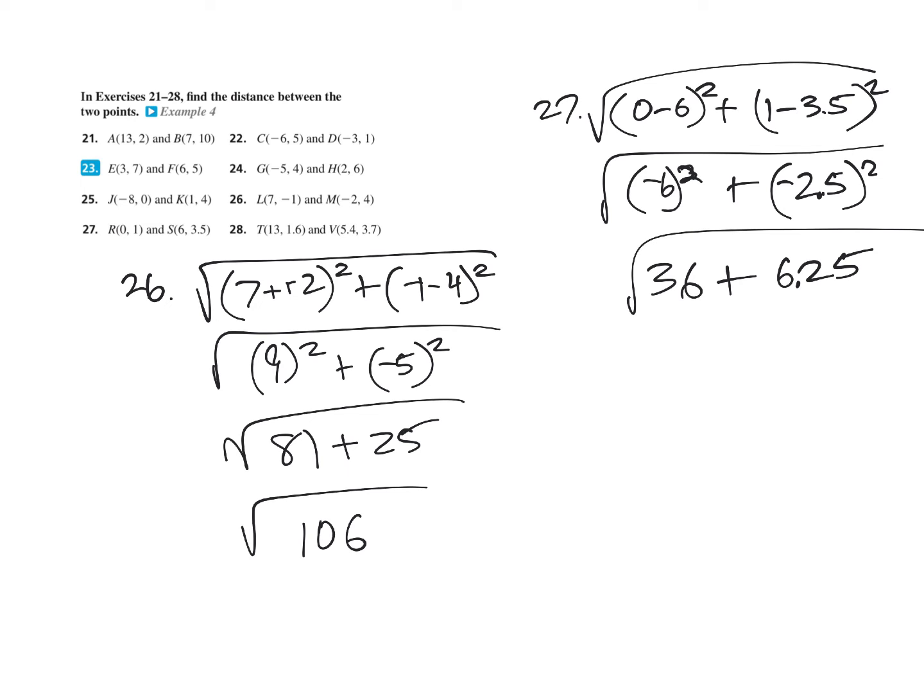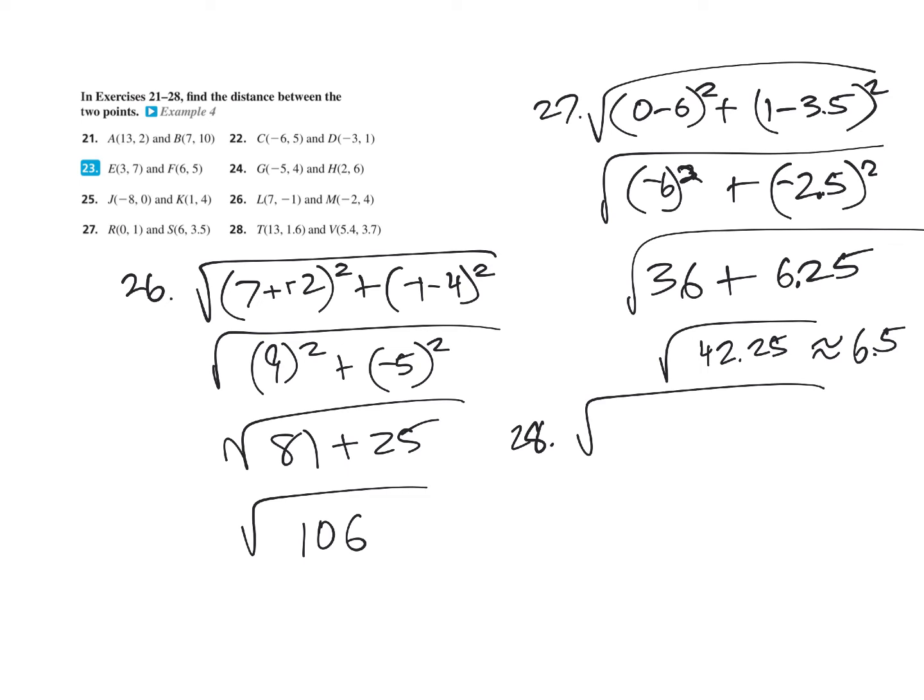All right, so 36. 6.25 plus 36 is going to be 42.25. And since we have decimals, we can go ahead and use our decimals. Use the approximation symbol there. Take the square root, and you get 6.5 approximately. Actually, it comes out to be exact. All right, and then 28